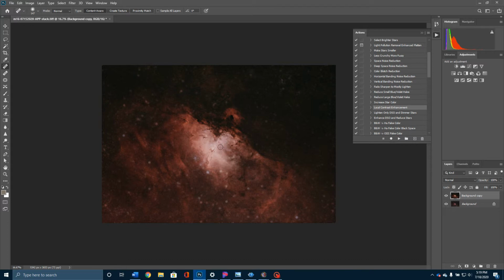Here, there was a really bright star right there, and it left a little bit of an artifact. I want to go and remove those. If I don't do that, it's going to make my stars look funky when I go back and change the opacity. So you can see what I'm doing: just taking the spot healing brush, moving it over top of these, clicking on my mouse, and